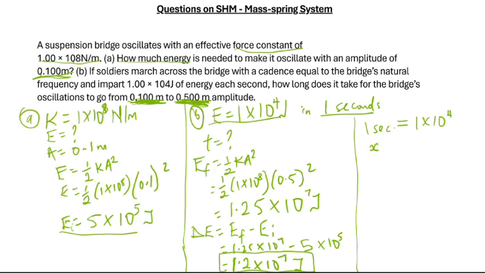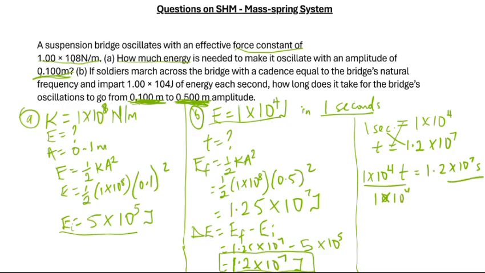Let me use T for it. In how many seconds will they oscillate the bridge by 1.2 times 10 raised to power 7? Then we cross multiply, and we have 1 times 10 raised to power 4 t equals 1.2 times 10 raised to power 7. We divide both sides by 1 times 10 raised to the power 4, and by the time we do that, we have our time to be